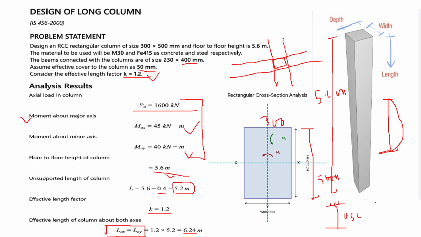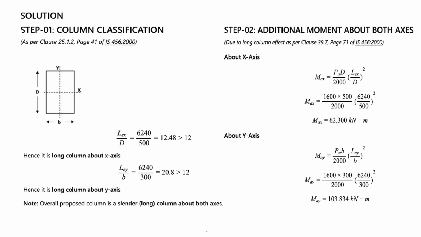0.5 L. If one end is fixed and one end is free, the effective length will be two times the length of the column. Here the effective length factor is already given as 1.2, so you have to multiply to get the effective length of the column, 6.24 meter. So in the next slide,